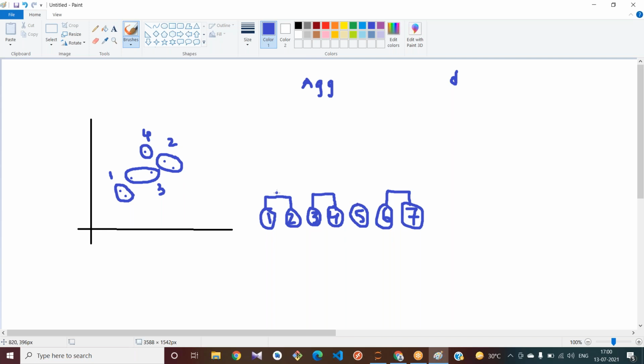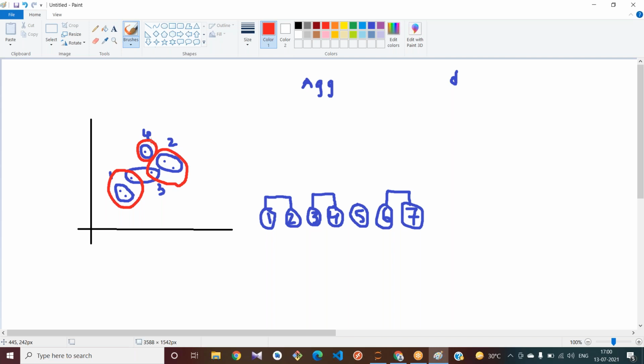Now in the next iteration, again it tries to calculate distances. It tries to apply some distance measures to it. Again it tries to choose this point into the first cluster, this point into the second cluster, and the single point into one cluster.